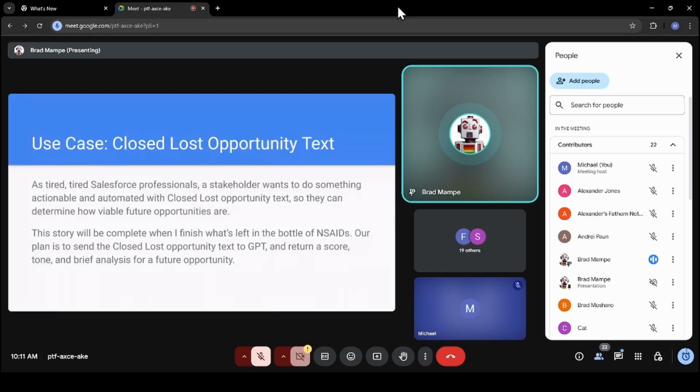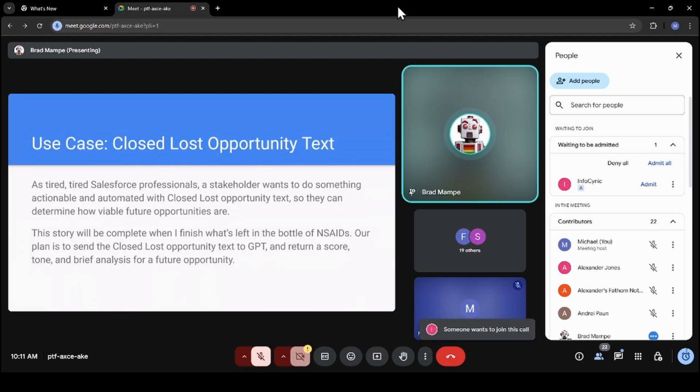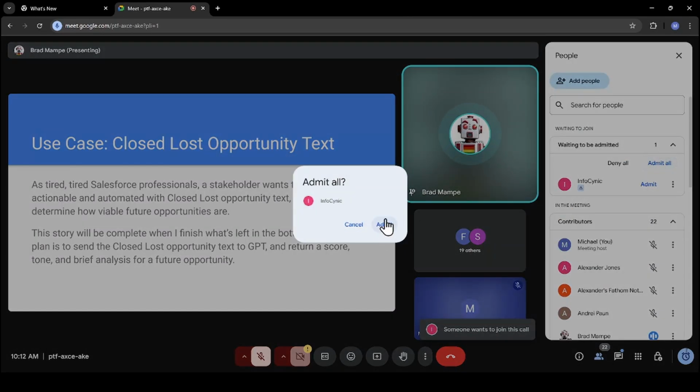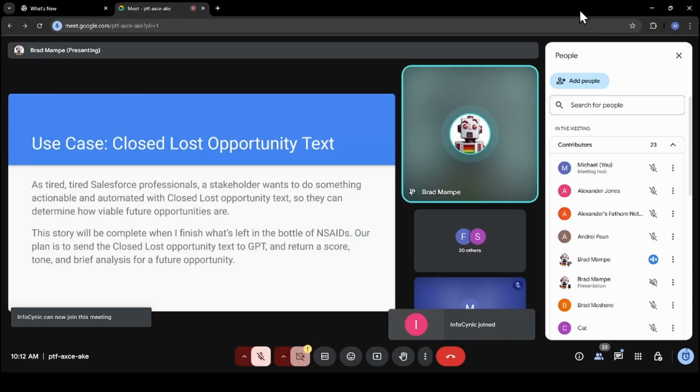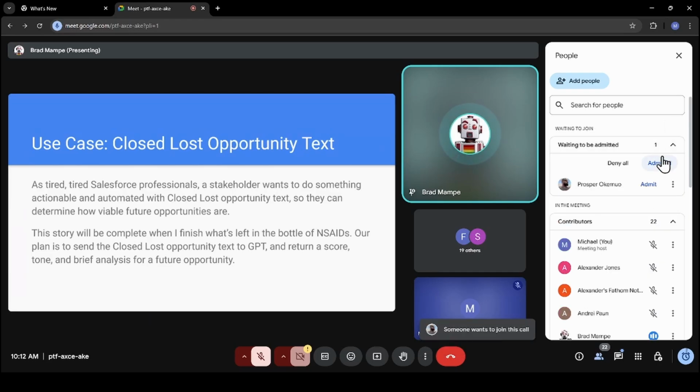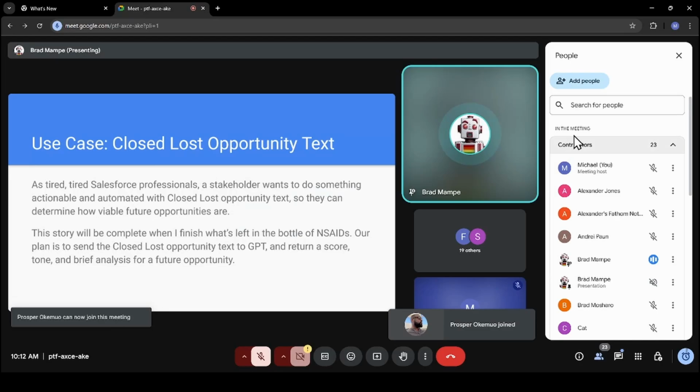All right, so the brainstorm I had: my LinkedIn feed was just cluttered up with closed lost opportunities, closed lost opportunities, closed lost opportunities, and that was the latest form of RevRec that everybody was going for. And I thought about all my prior closed lost opportunity experience, and there was one persistent and highly annoying use case that I encountered frequently. And that's with stakeholders who absolutely loved/required closed lost tech on opportunities, made them feel warm and contextual, and none of it was ever visible or actionable. So that's what I decided to use GPT with.